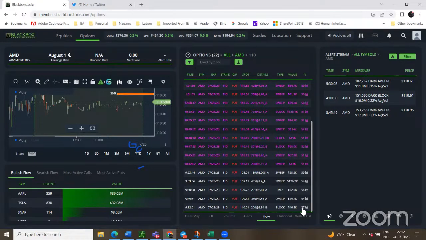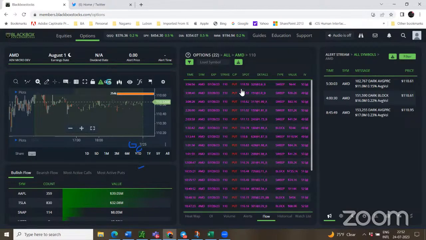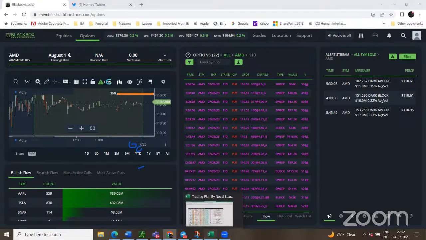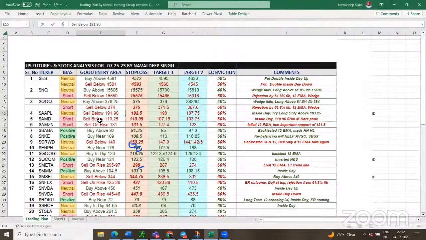IV, implied volatility, at 9:30 was 1051, 230. Now it closed at 50. It lost the volatility. So all these puts of 110 were sold. So I think 110 should act as a good base, but I really want AMD to cross 111.30 and then